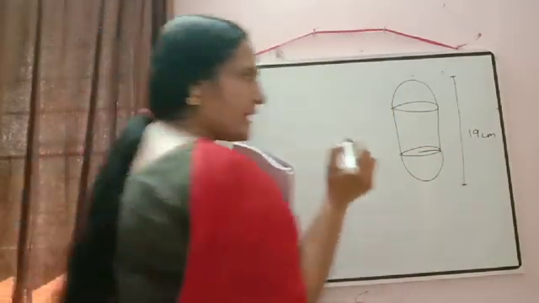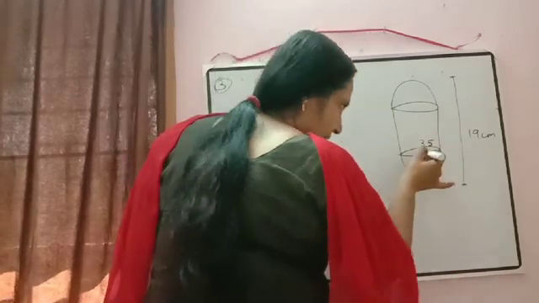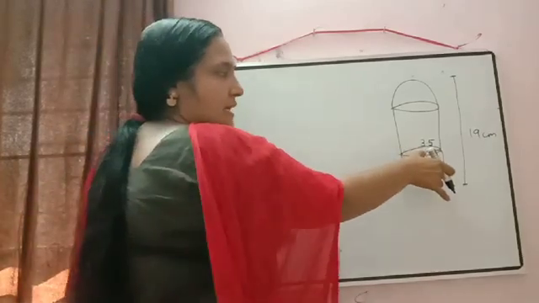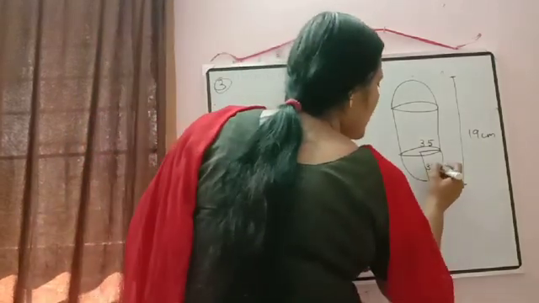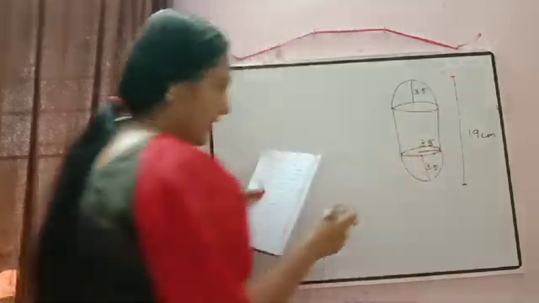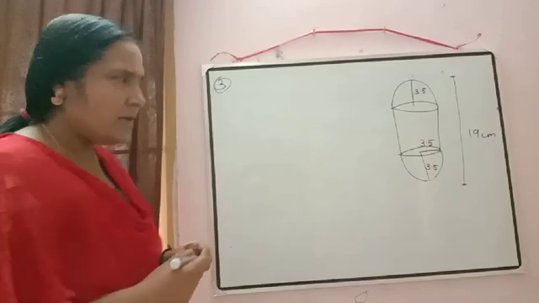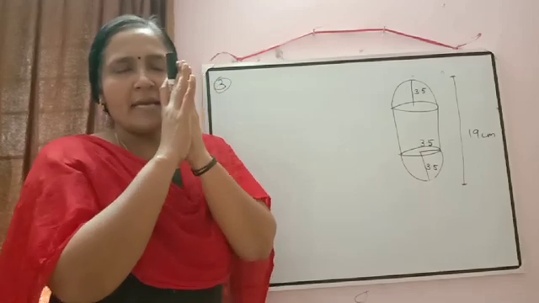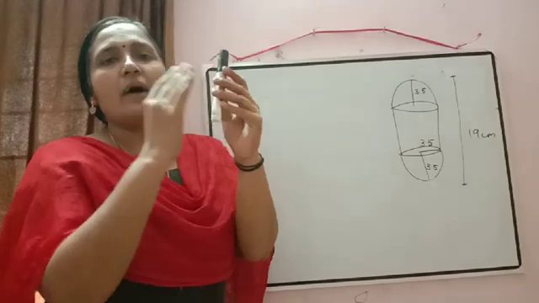Then what will be the radius? Radius will be equal to 3.5. And what will be the length till here? If you will consider a hemisphere, this length means that is the radius of the hemisphere. So that also will be equal to 3.5. So here also it will be equal to 3.5. Now it is asked to find the total surface area of the solid. So whenever this type of question is there, you just imagine that solid and then just check it. If you are painting the solid, what are the areas you have to paint there?